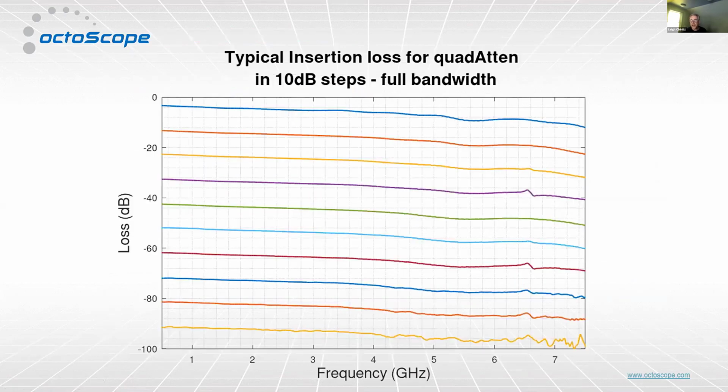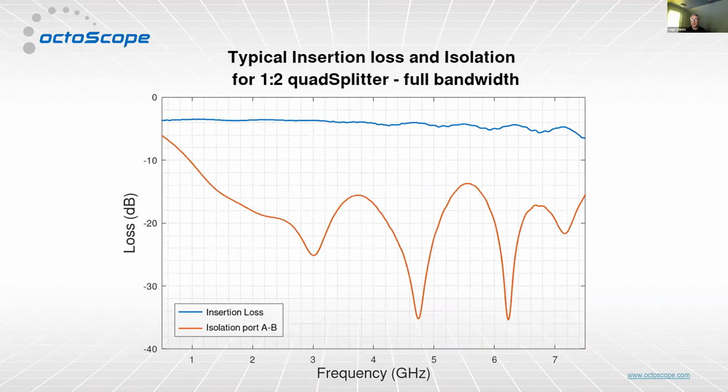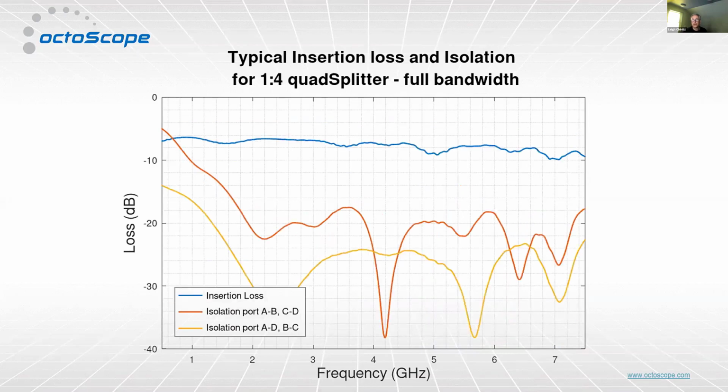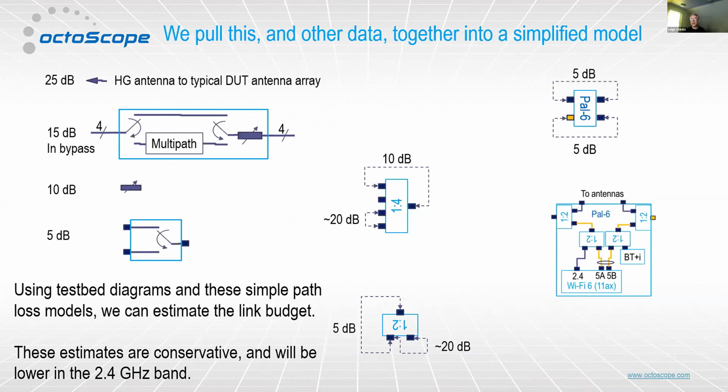And then we have the same kind of data for everything, right? We have attenuators. So just again, even if we don't tune the attenuator to a certain attenuation, we just put it in and leave it at 0, we get loss. That's the insertion loss. And here's the measurement of that insertion loss for attenuators. Here is the measurement of that insertion loss for some of our splitters, 1 to 2 splitters, 1 to 4 splitters. Again, we have a lot of different things, but all of those fall under that big bucket of stuff between the transmitter and the receiver, and you simply add up all of them in order to create your link budget. So you'll understand the full path loss by including all of those losses,